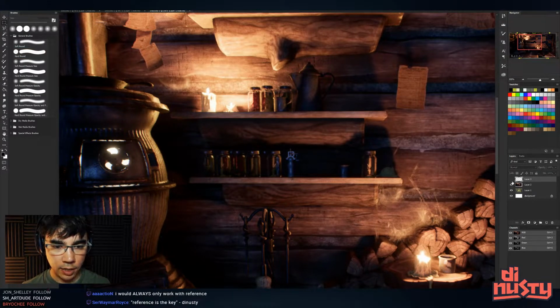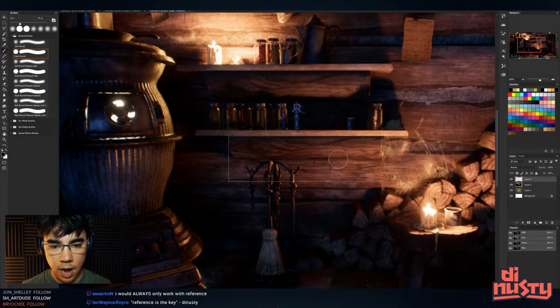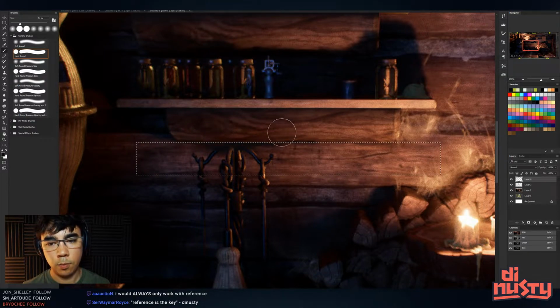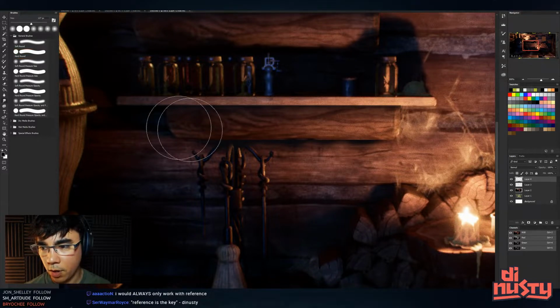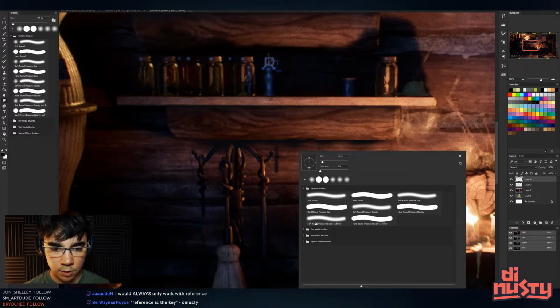So getting a connection like this, where they kind of meet, right? That'll probably even be more emphasized down here. So you have your AO there, and then on this under area here, you probably have some type of dirty information. Like, I don't even know how I would do that. Is there any type of textural